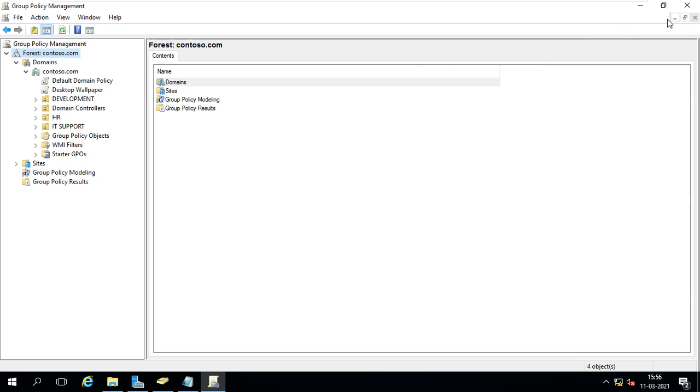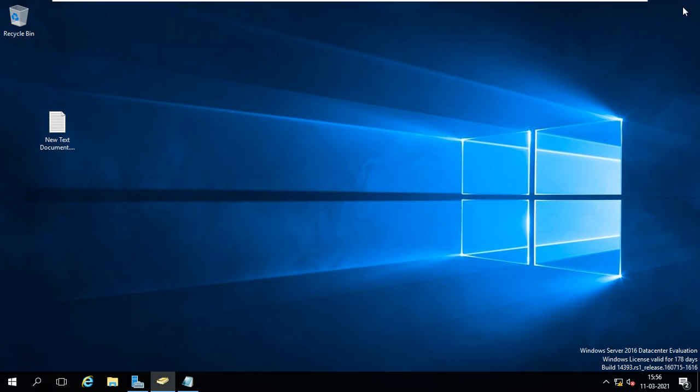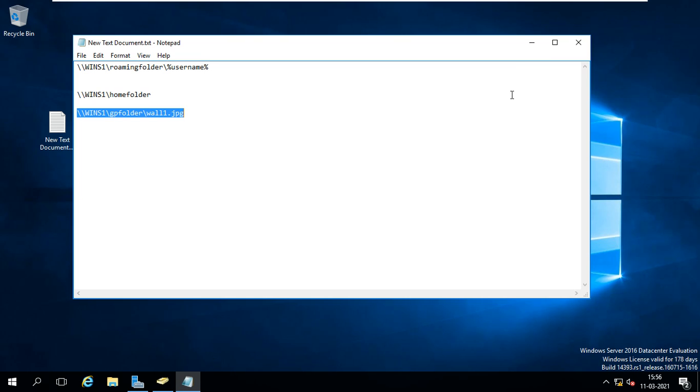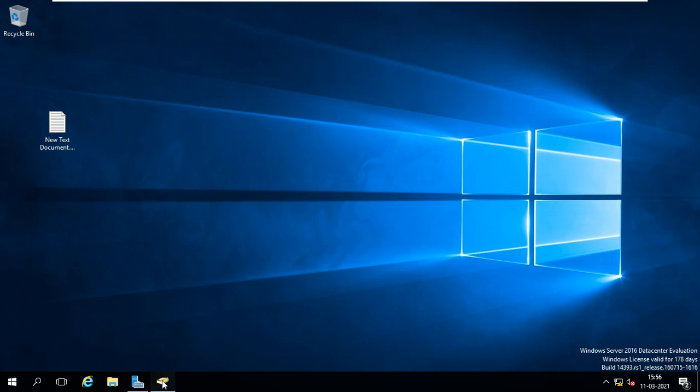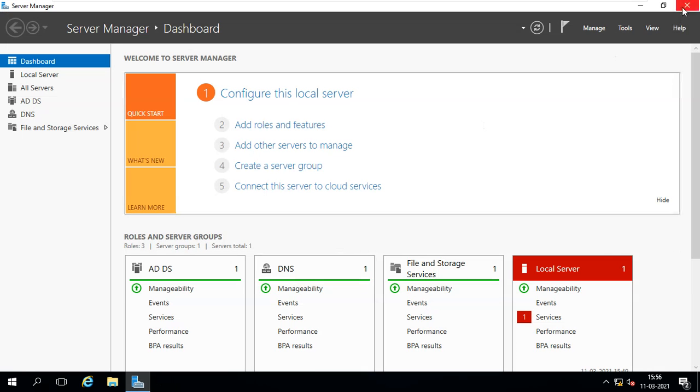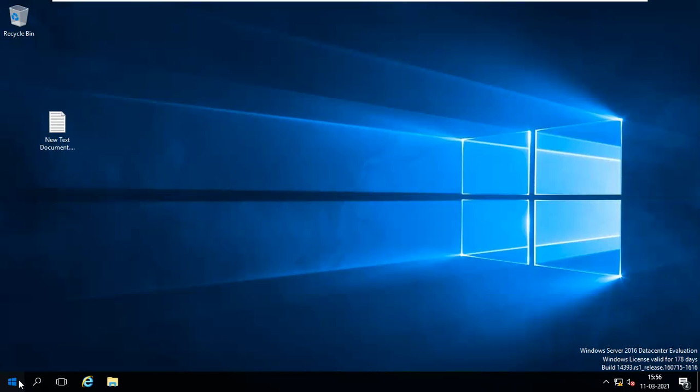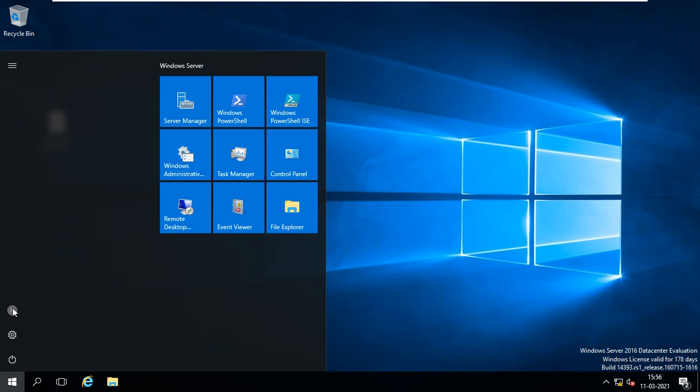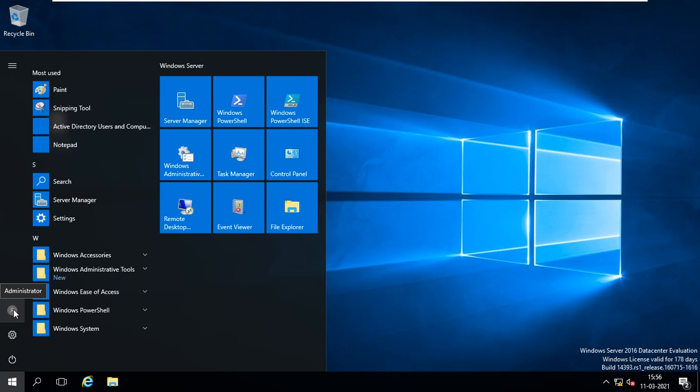I have only one question, so I will show you that one. I'm closing everything here on my server. Okay, I have one policy, right? So I have one type of screen, right? I already told you everybody will get the policy because it is linked at the domain. This is the user administrator. Click on administrator this side. Okay, sign out.